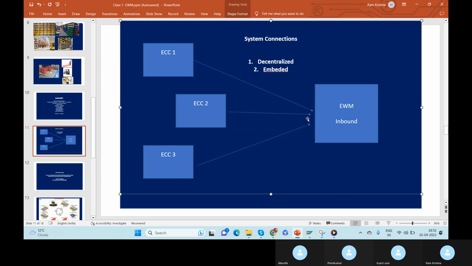Yes. So this is one of the options where multiple ECC systems can connect to EWM systems. Multiple ECC systems can connect to one EWM system. The other way is also available. What is the other way? The other way is like